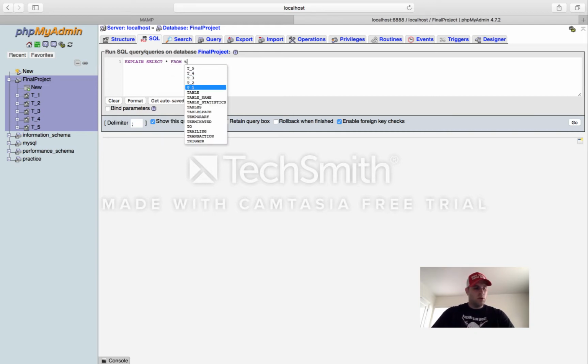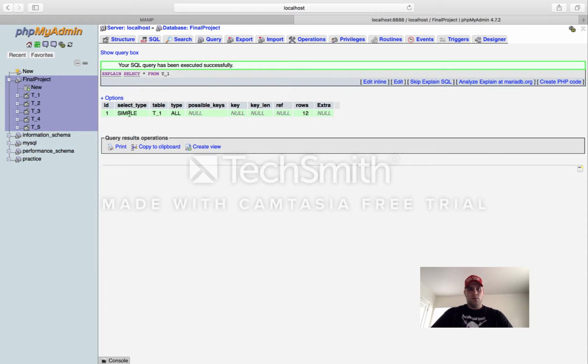It doesn't matter which one, but we're just going to go to T1. And this is just going to tell you everything you need to know. It's table 1, select type is simple, ID, possible keys, so there's no keys, no reference, and there's 12 rows. So that's one easy way to,